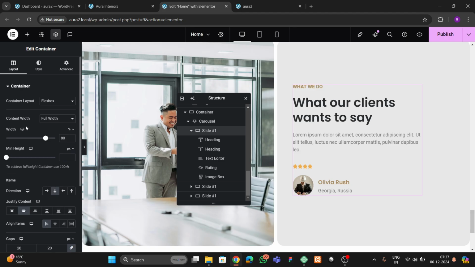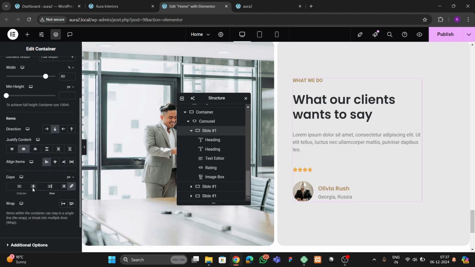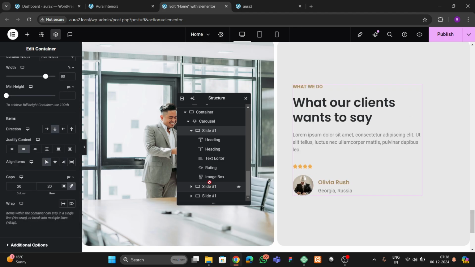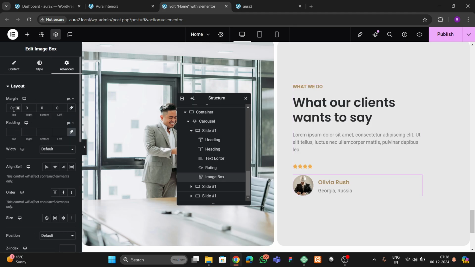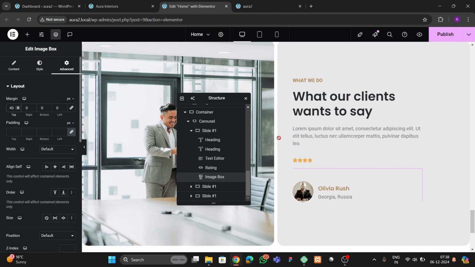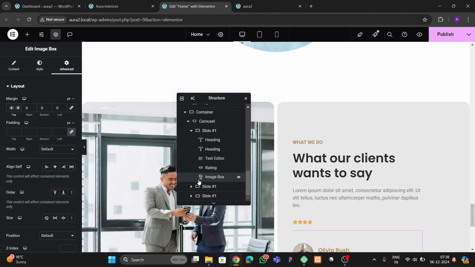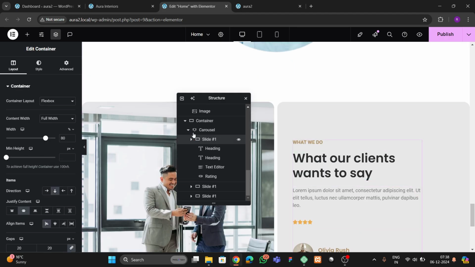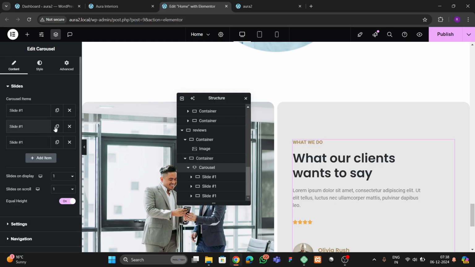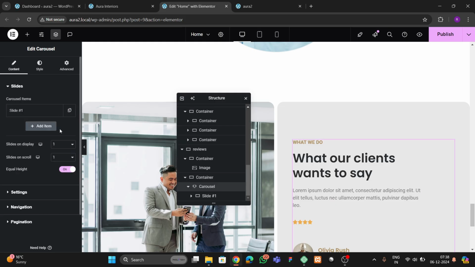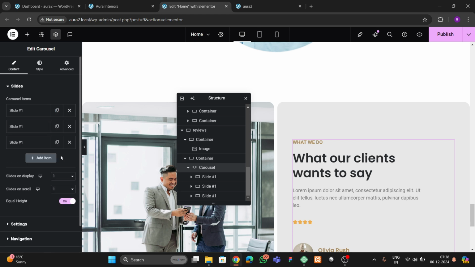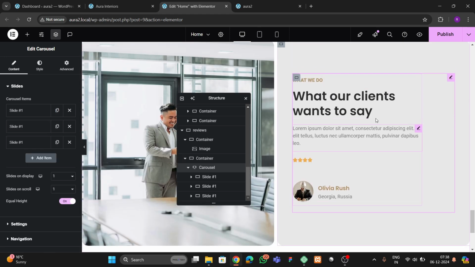And also we can go click on this slide one, and here we can add 30 something, so 20 is good. Just we have to click on this and we can add a manual of 40 to this. So this is looking good now. Okay, then we can go here and we can click on this carousel. We can remove the rest and just duplicate this 3 times. So let me publish this once. So let's wait for it once,